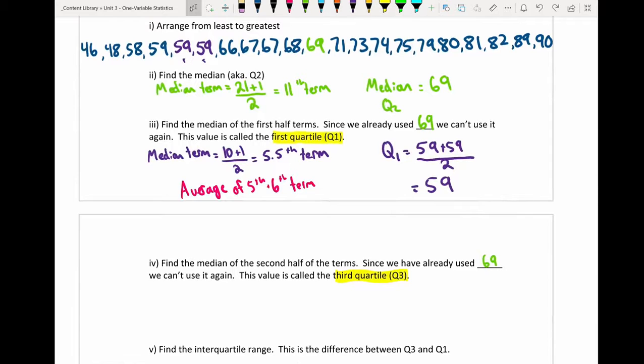And again, we're going to go through the same steps that we've just done. Let's use a different color. If you want, you could count to the middle. You could also use the quick formula, the median term, so that we know there are 10 numbers. So 10 plus 1 divided by 2 equals, again, 5.5. So that term, which is, again, basically the average